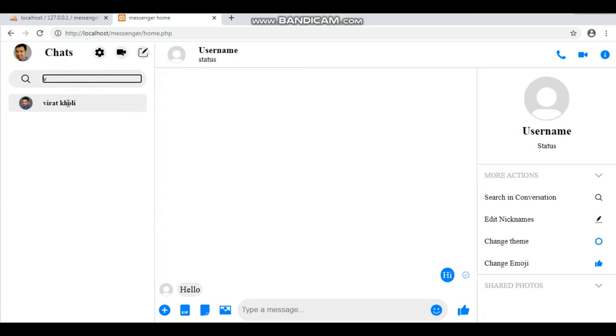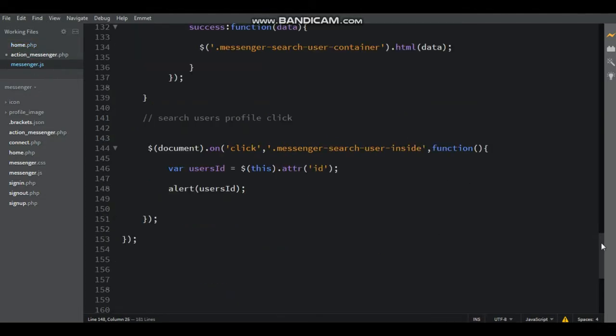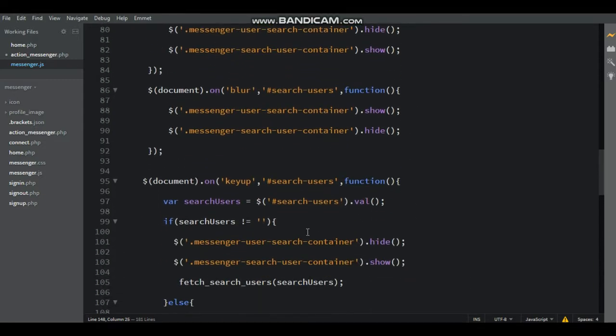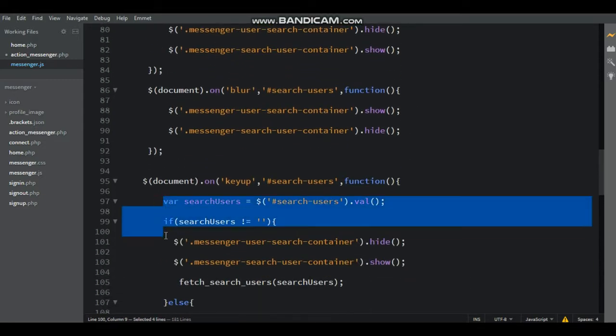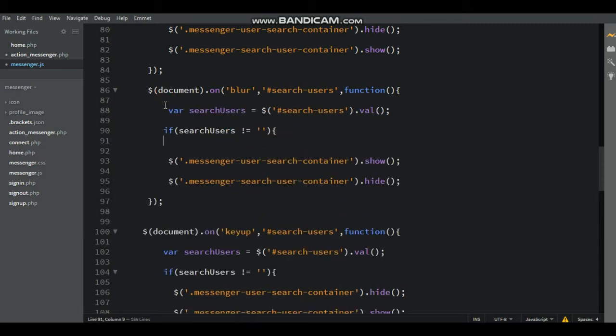Now refresh the browser. Here just make changes in the blur functions. Here the input field search user dot value not equal to null, here are some changes.